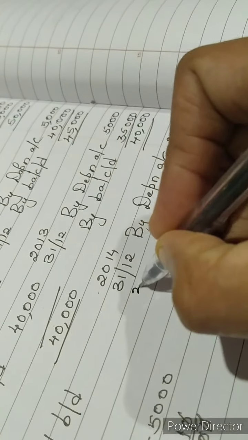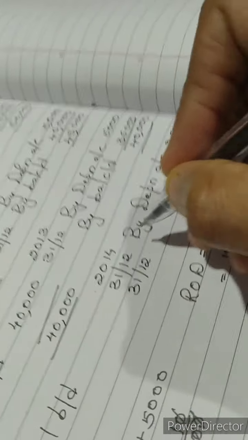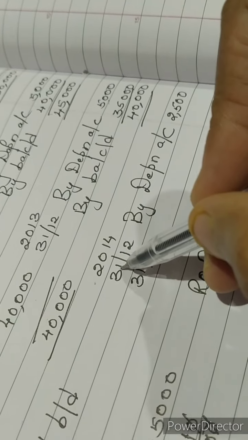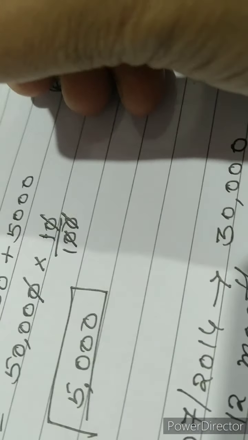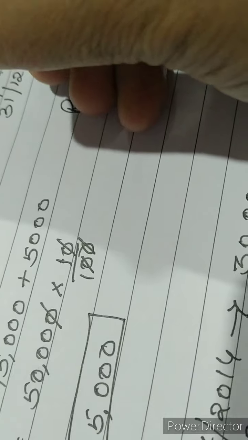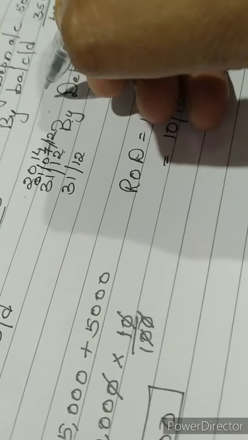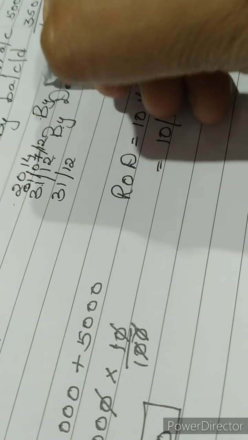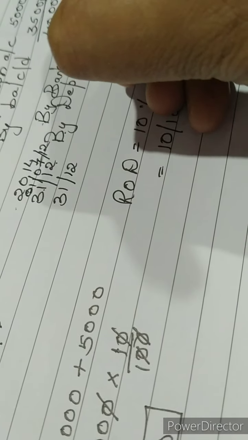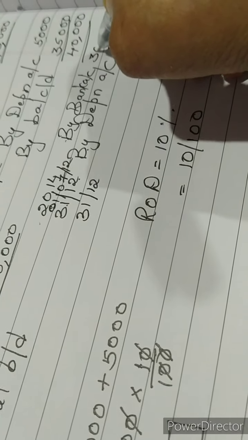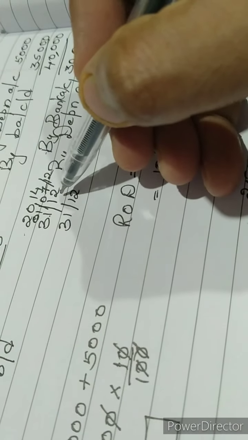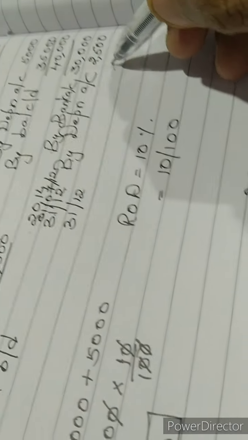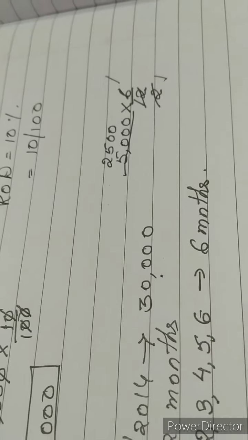Okay, then on 31st December, what happened? Here 31st December I have written, but before this we have another date, children, which I missed. On 1st of July, July comes first, so we will write July 1st. By bank account, the machinery was sold. For how much did we sell it? For 30,000. That you will write, children, and after that you will put the December date and you will show the depreciation account as I showed you here in the calculation.